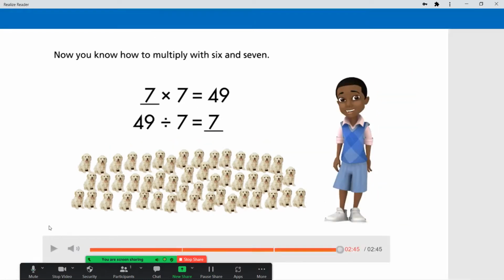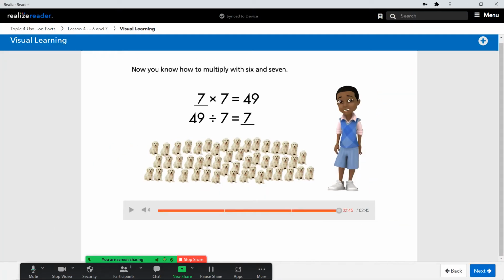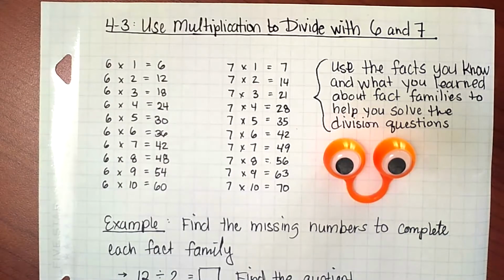All right, now that we've finished working on our video, we're going to go ahead and take a look at our notes before we dive into our guided practice. So I'm going to go ahead and stop sharing my screen so that you are able to see our notes for today. Now, for lesson 4-3, we're going to use multiplication, like we just said, to divide with the